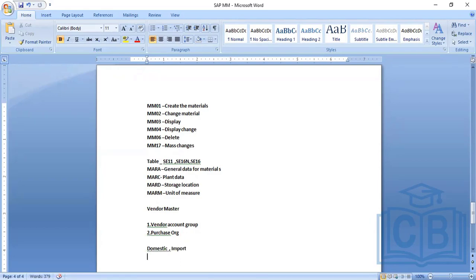So what is meant by domestic? Domestic means, for example, you are in India and you want to procure some material from within the country. Then we will call it domestic procurement. The same thing, if you want to procure from abroad, not from India, for example some machinery from Germany, what you will do generally is look for